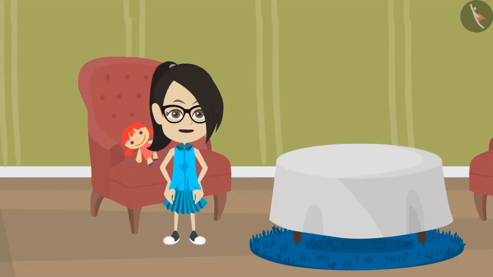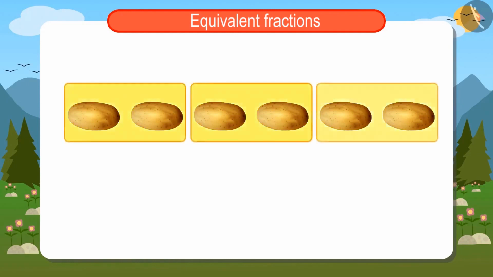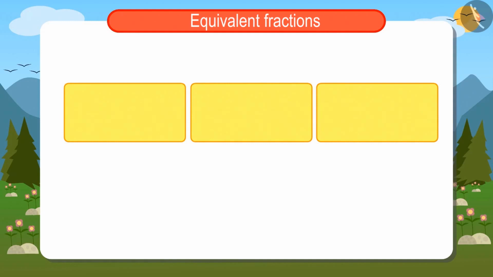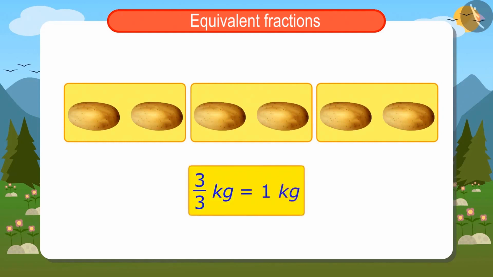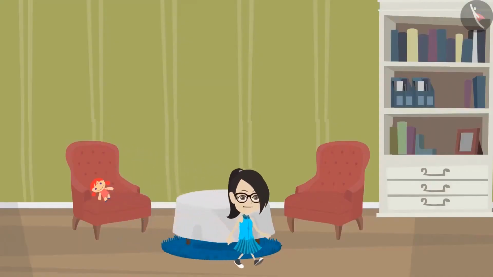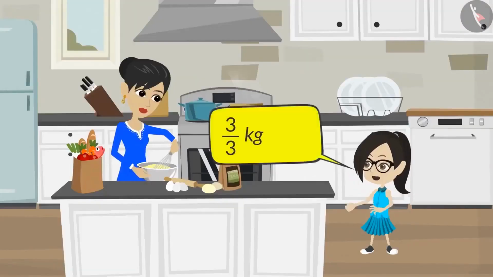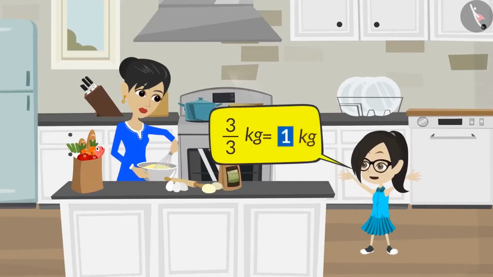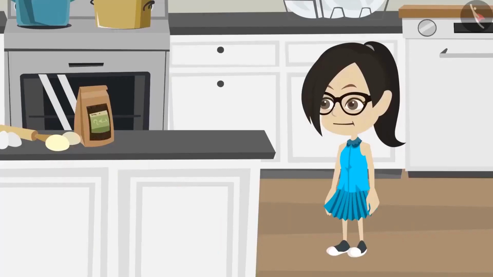Looks like I need to think once again if I am right. Assuming I buy a kilogram of potatoes and get a total of 6 potatoes. Now, if I divide these potatoes in 3 parts, then there will be 2 potatoes in each part. Now, if I take all 3 of these parts, then it will be 6 potatoes of 6. This means 1 kilo of potatoes will come in 3 upon 3 kilos. Now I will tell Mummy. Mummy, I have discovered that 3 upon 3 kilograms of potatoes will be 1 kilogram of potatoes. Well done, Vandana. Now go bring the potatoes too.